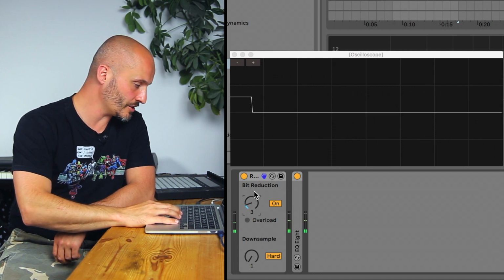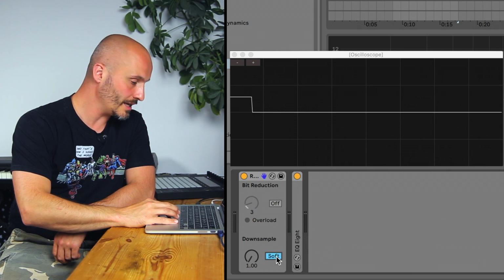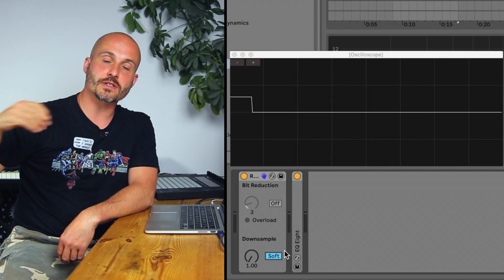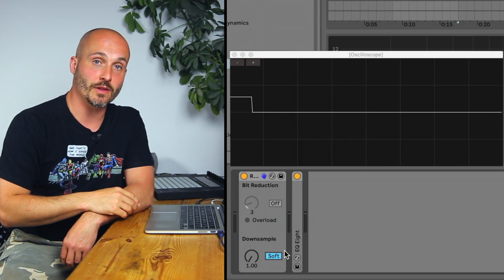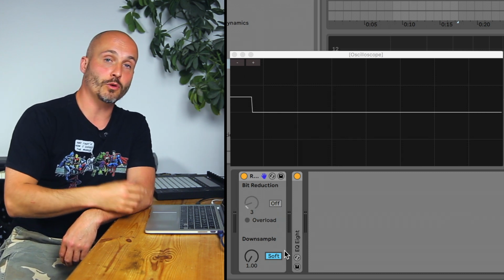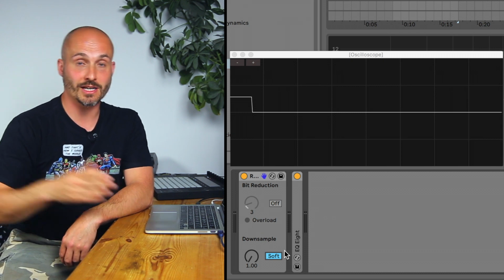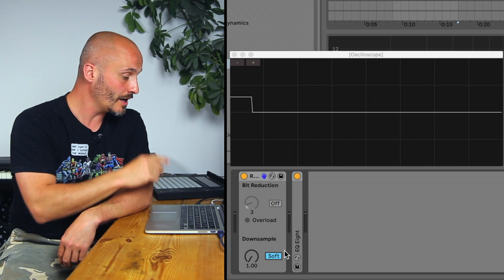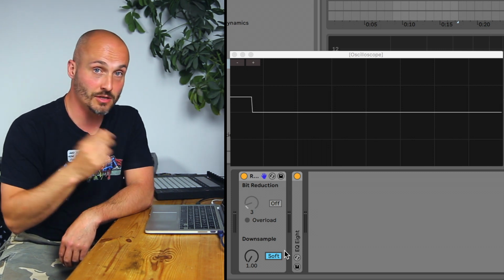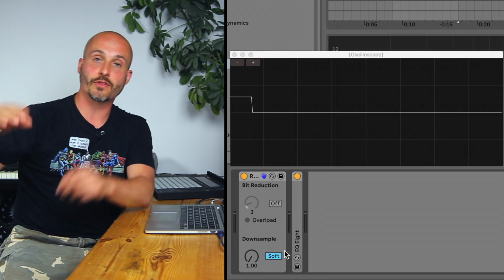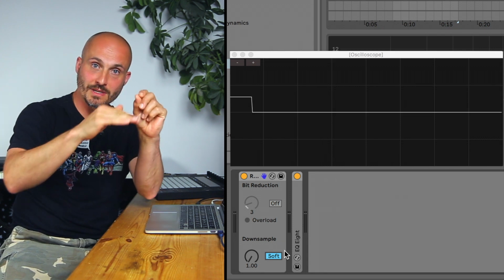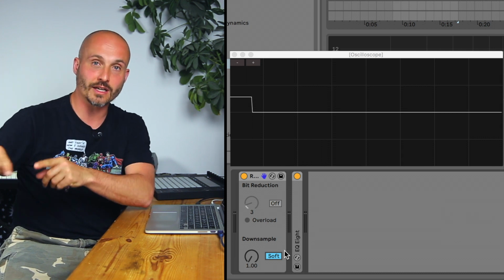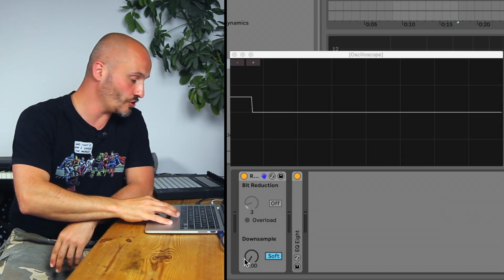Okay, so that's bit reduction, and then downsampling is similar, but on the horizontal plane. So it's the waveform over time. There are so many samples per second in digital audio, 44,100 samples per second if you're running at 44.1 kilohertz. There'll be that many running through per second. And what we can do with downsampling is start throwing some of them away. When they're gone, the waveform will be redrawn with those bits missing, like a dot to dot. Without enough dots, you get quite a jagged-looking thing, and that's what will happen to the sound. So if I drop the downsampling here,